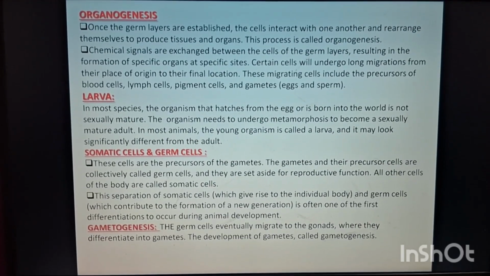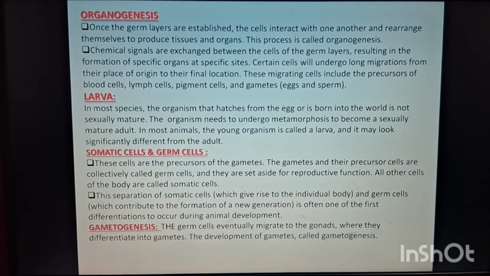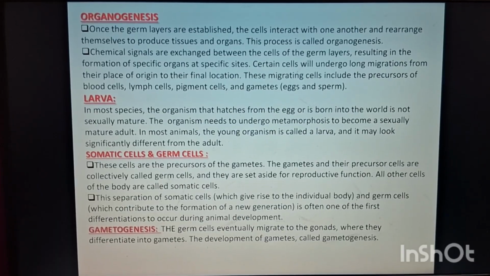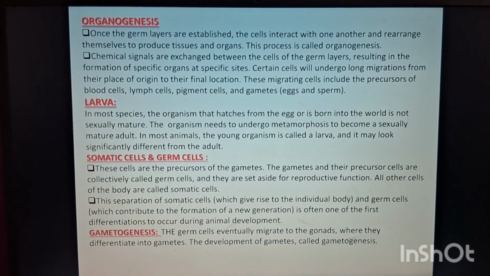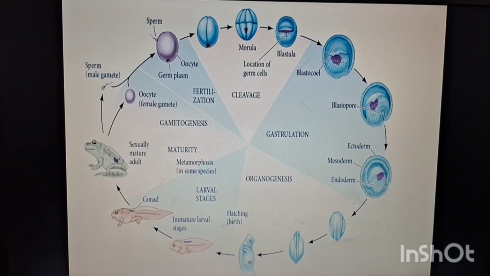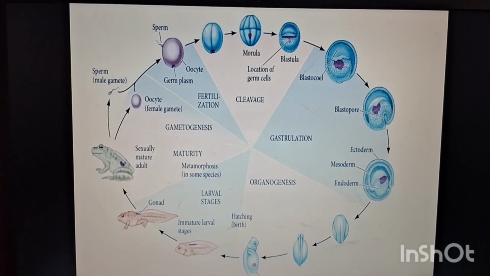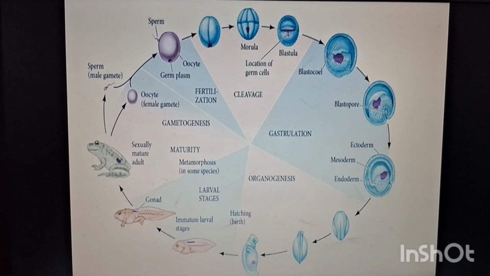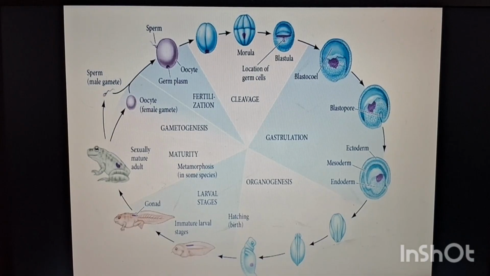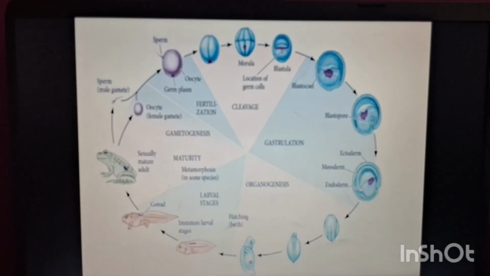Next, gametogenesis. What is gametogenesis? The biological process by which diploid or haploid precursor cells undergo cell division and differentiation to form mature haploid gametes is called gametogenesis. A sexually mature adult frog, male and female, produces male gametes and female gametes, that is sperm and oocytes, which then fertilize and produce a zygote,